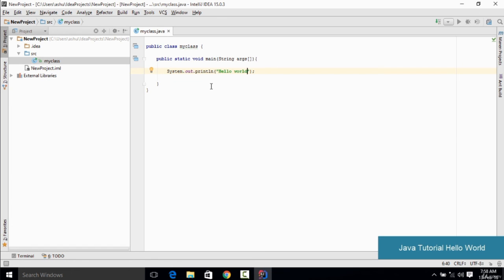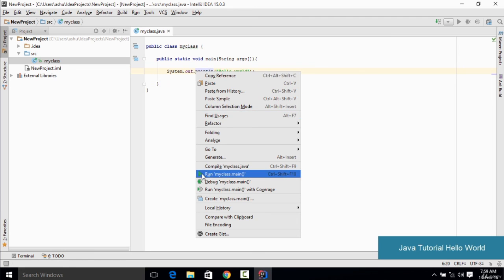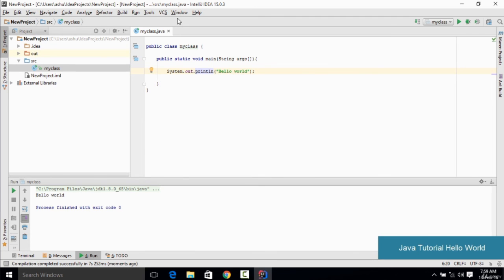So we save the code by pressing Ctrl S, and it is going to save the code. And when we want to actually run this program, we simply right click here and select this option which is called run. As you could see, when we run our program, down right here we got the output of our program. Basically it is displaying the output as hello world, which is the text which we have